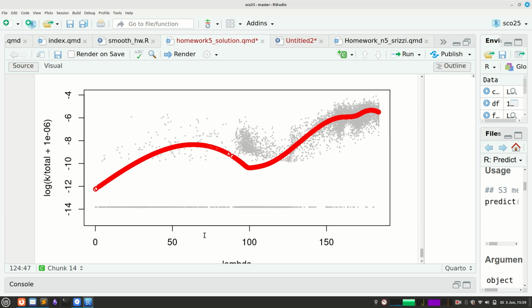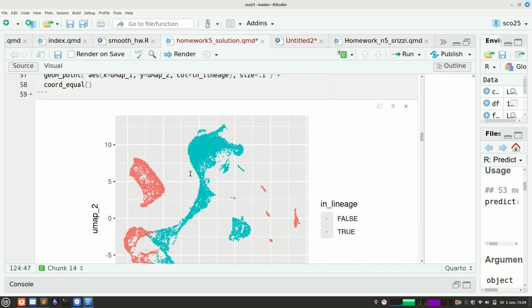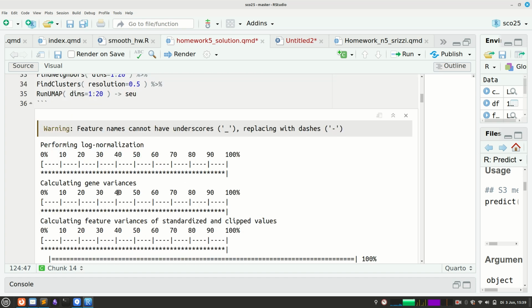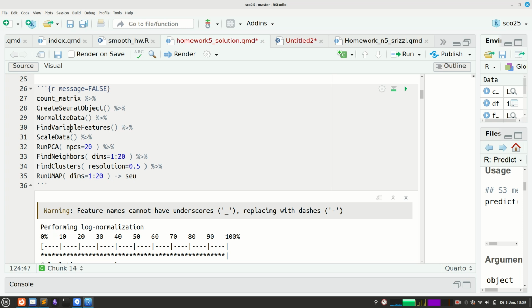Then the next time you might come into the problem that you say, okay, now I need a list of gene names, and the problem sheet said, use the 20 most variable genes. And how do you get that? If you remember the Seurat thing at the very beginning somewhere, it actually finds the most variable genes in that step here. You can now try to find out how to get it out, or I can also go to